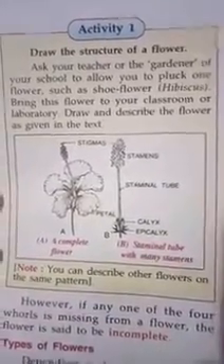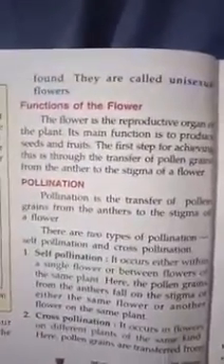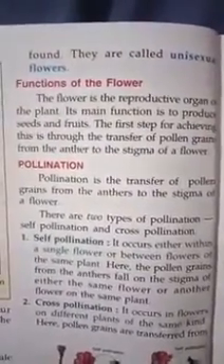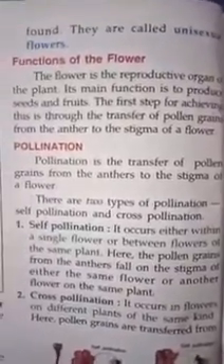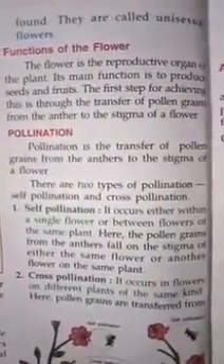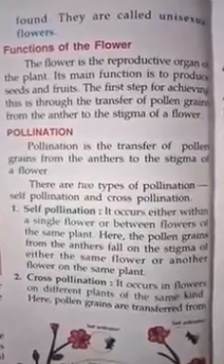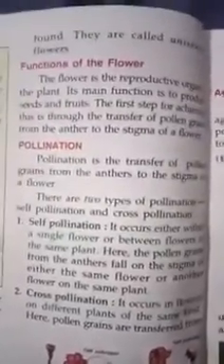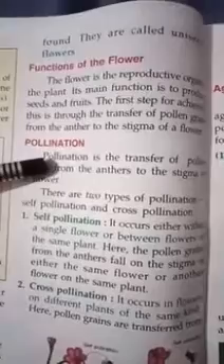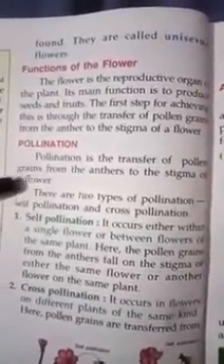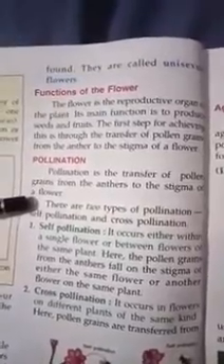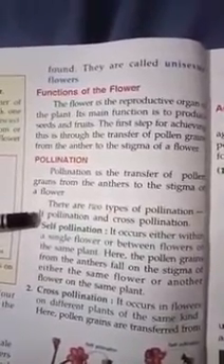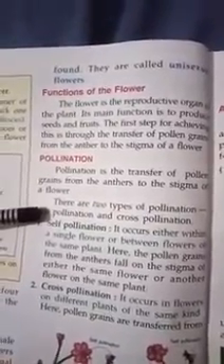Moving towards the function of the flower, the function of the flower is to produce seeds and fruits. And how is this possible? As you all know, this is possible by pollination. Pollination, as it is defined over here, is the transfer of pollen grains from the anthers to the stigma of the flower. And if it is in the same flower, it is known as self pollination, but if it is in different flowers, it is